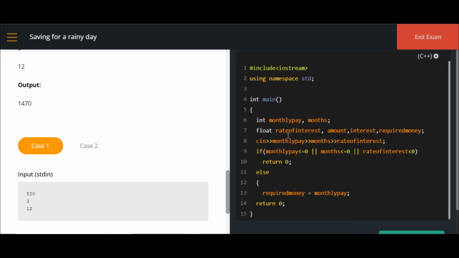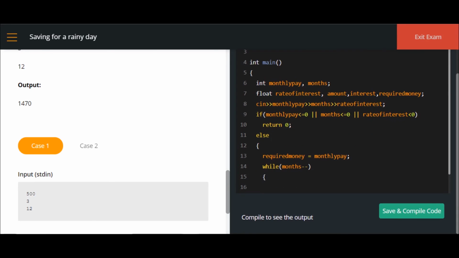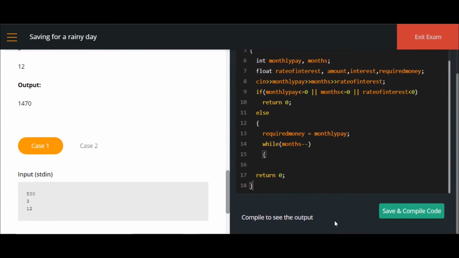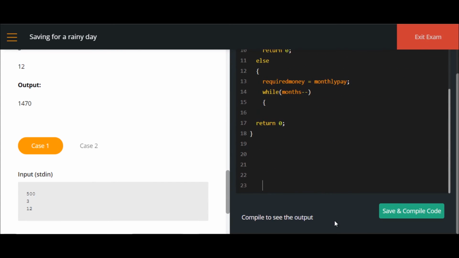So for the first month, it would be 500. For the next month, it would get added with the interest that has been given for the previous month. So while months not equal to 0, I'm going to simply calculate some values. So I'll just go down. So here, let's try to calculate. Amount is equal to